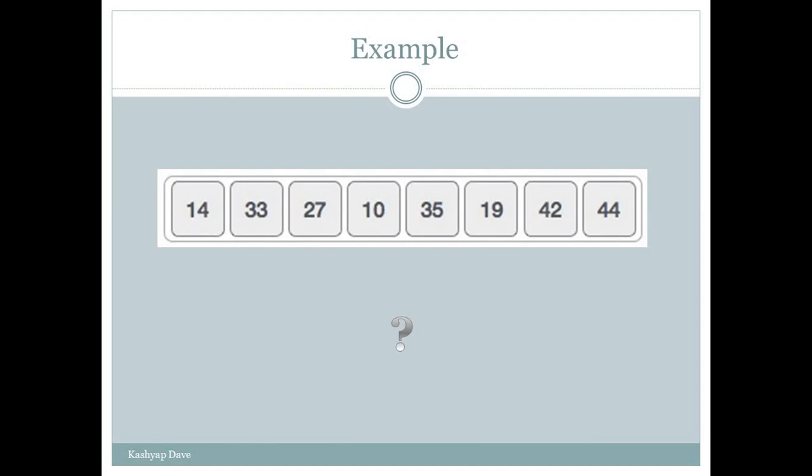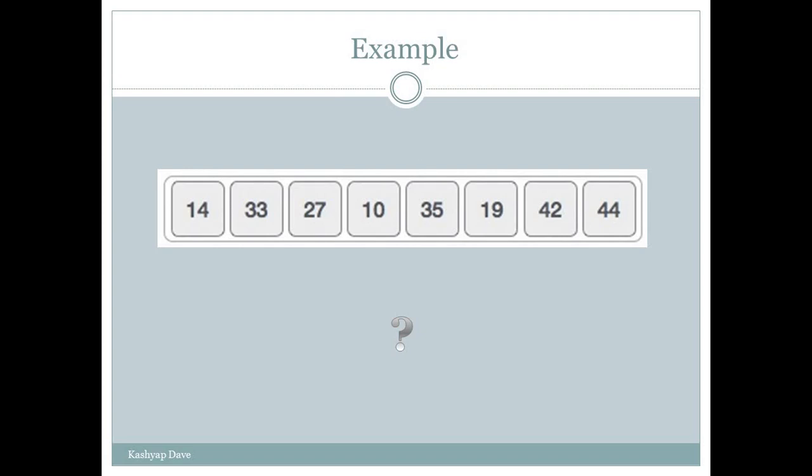We will compare unsorted part elements with the other elements and find the minimum element from that unsorted part, and we will add that element into the sorted part, and this process goes on, and at the last we will find that our given list or elements are sorted.